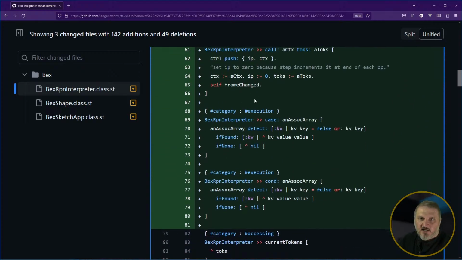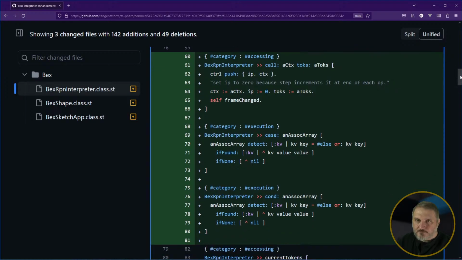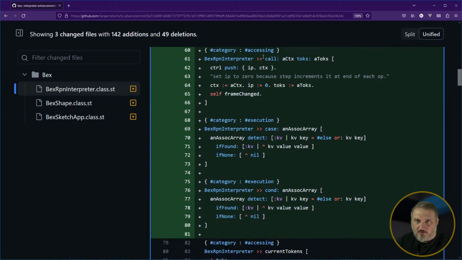Let's see what else. These are, I guess, in alphabetical order. I'm not sure. Looks like it. Doesn't matter. So I added this thing, call. That was something that was already in the token interpreter when you ran a symbol. Now I just extracted that. So now this is the symbol, and you say I want to call that symbol, and here is the definition of that symbol, and that is to enable these quotations, so that when a